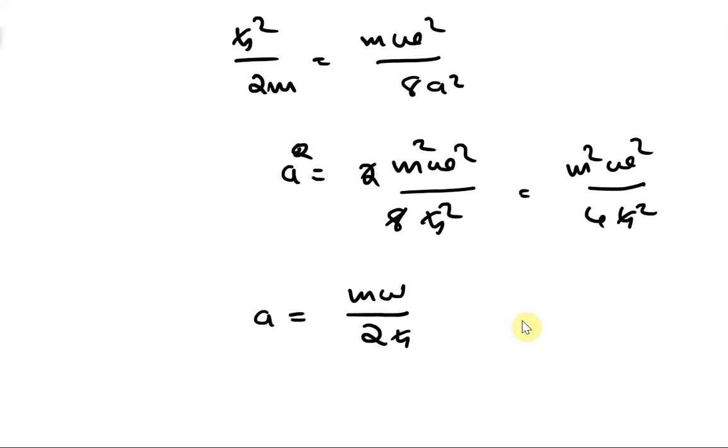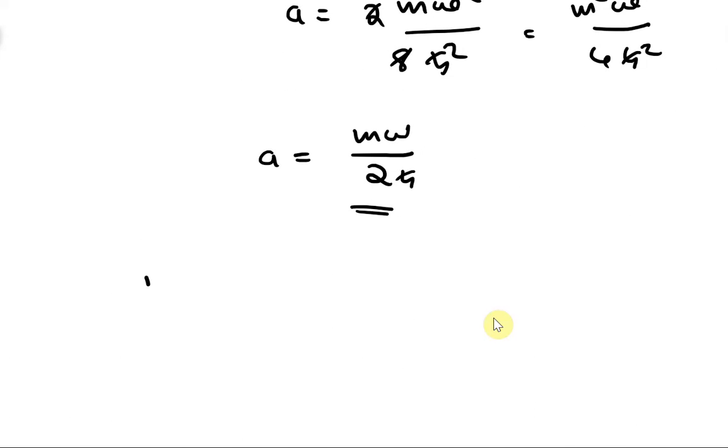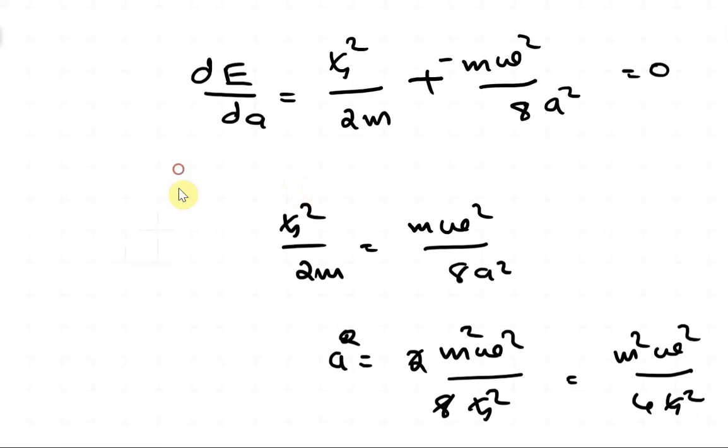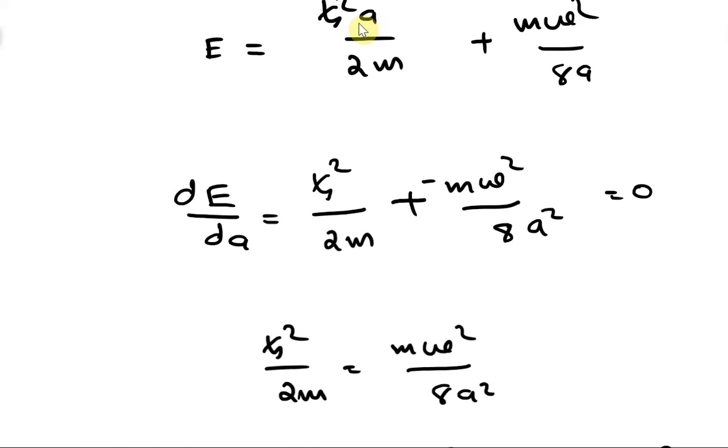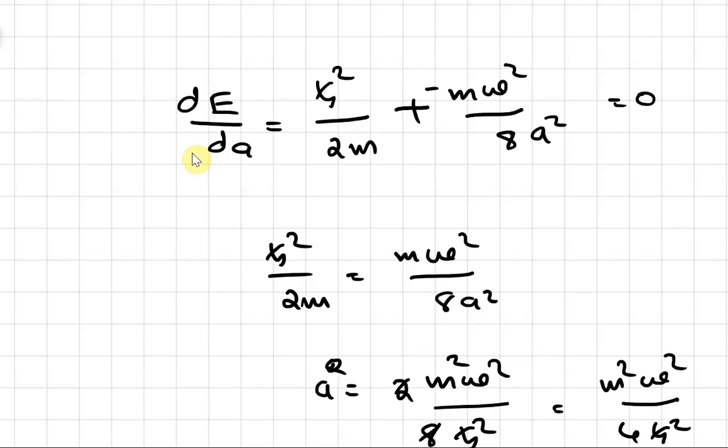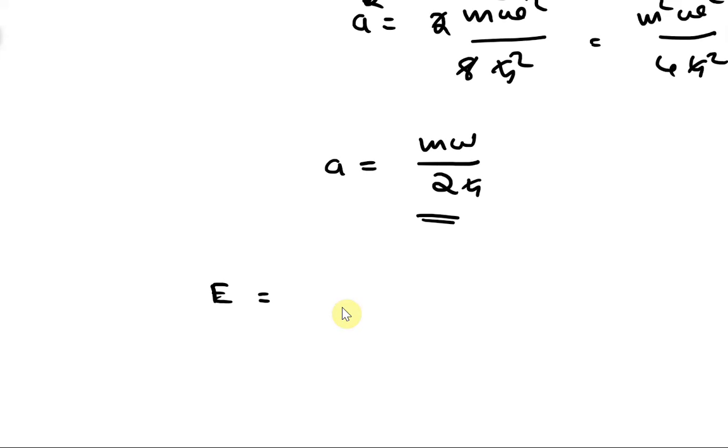So we got a corresponding to the minimum energy. You can just substitute it in your energy function E. Corresponding to a being the particular value that we have, that corresponds to an energy minimum, and you can substitute that value, and the energy corresponding to that will give you the minimum energy. So that is h cross square by 2m into m omega divided by 2h cross, plus what else,